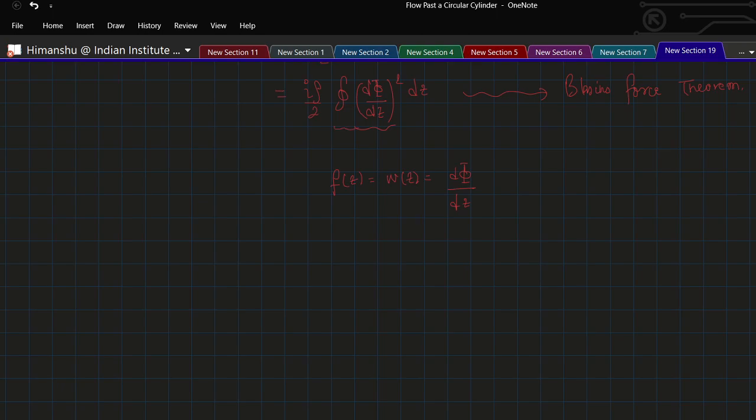Also, this can be solved using the residue theorem, and it's a very simple theorem, as we have the residue theorem as closed integral f(z) dz as 2 pi i times the sum of the residues. This is the residue theorem,